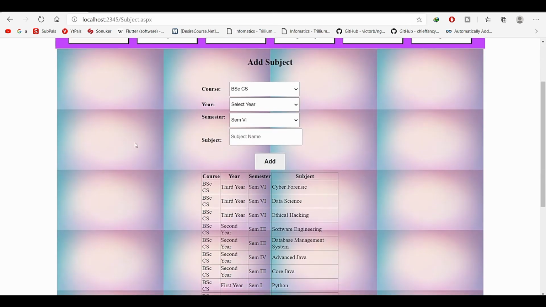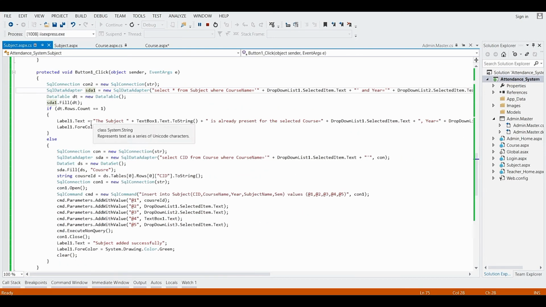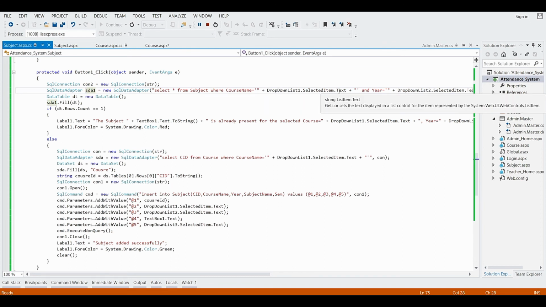Okay. After selecting all these values and entering the subject name, on clicking on this add button, what function should it perform? Let's see. On clicking on this button 1, first of all, I have given the SQL connection and given the SQL data adapter. In that I have given the command, that is select star from subject where course name, which is coming from the drop down list selected item.text.